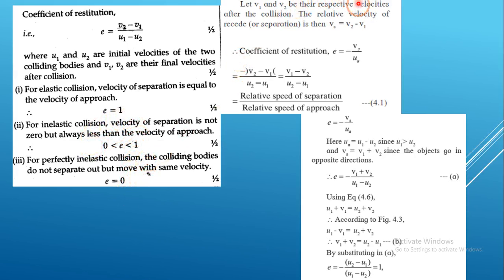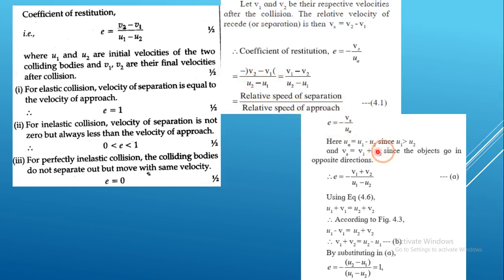If v1 and v2 be their respective velocities after collision, the relative velocity is given by v2 minus v1. As per the definition of coefficient of restitution, it is the negative of the ratio, so minus Vs upon Ua. Value of Vs is v2 minus v1, again for negative, divided by u2 minus u1. So this will become v1 minus v2 divided by u2 minus u1. You can take it in this form also, or you can keep this minus sign directly as it is. So minus of (v2 minus v1) upon (u2 minus u1), anything.